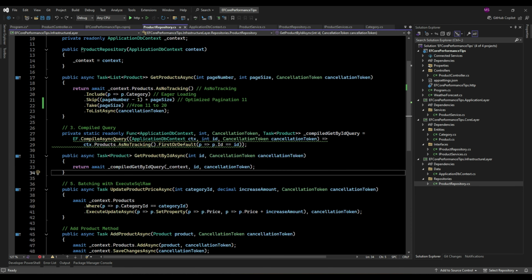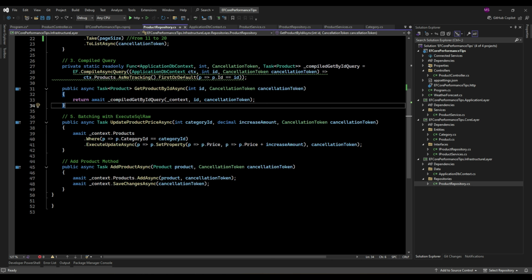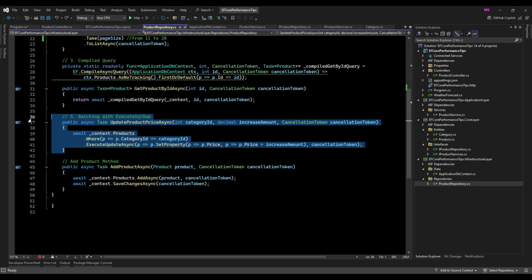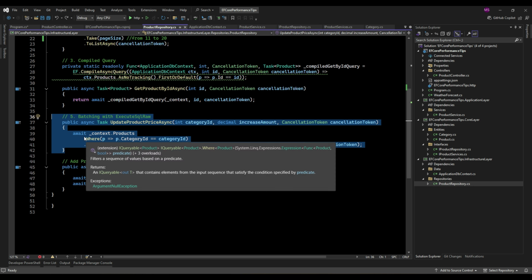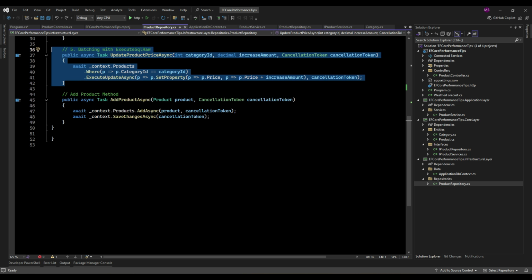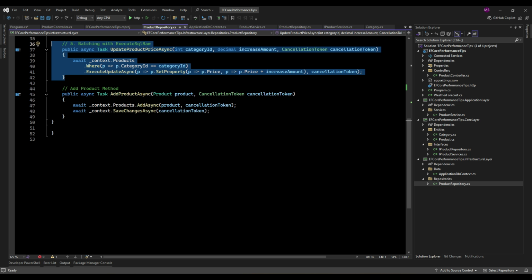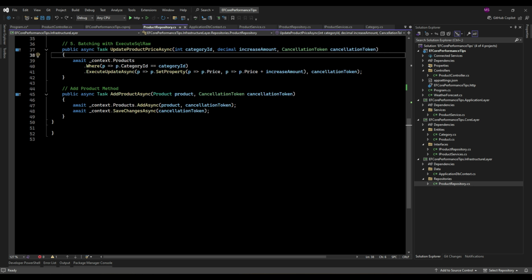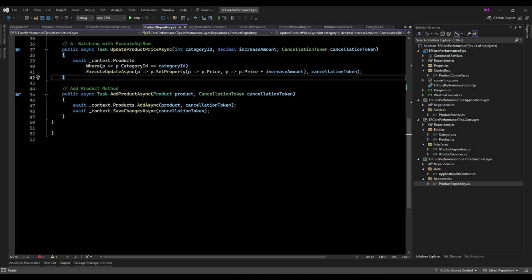Alright, now that we've tackled compiled queries, it's time to dive into the last cool feature of EF Core, especially if you are dealing with bulk operations. Starting with EF Core 7 and later versions, including EF Core 8, you can take advantage of some powerful batch update and delete capabilities directly in your code, and you no longer have to resort to custom SQL for common operations like updating and deleting records in bulk.